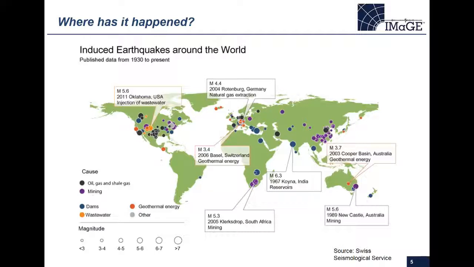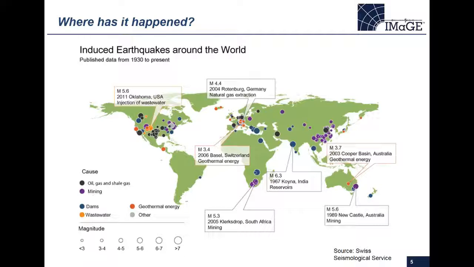This is a map showing where in the world it's happened, and as you can see, it's spread throughout the world pretty much. There's a large concentration in North America where we get a lot of headlines from, but also in Europe there's a bunch, and Asia, and even down in South Africa. In this map you can also see that they're colored by the different causes. I'll talk mostly about oil and gas induced seismicity today, but the principles will apply to all these other causes as well. Typically with oil and gas, we're seeing a lot of them in North America, especially